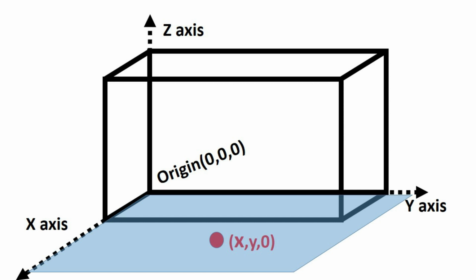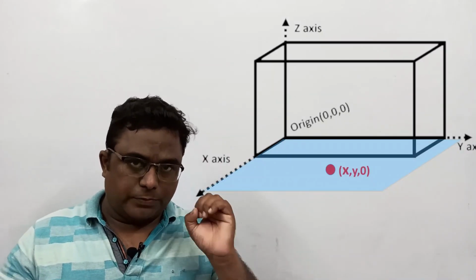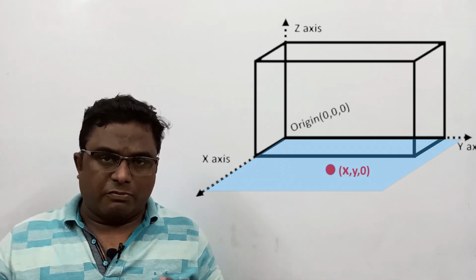Now what is xy plane? xy plane is the plane generated by x-axis and y-axis. It means the plane generated by x-axis and y-axis is called xy plane. And on xy plane, the z value is always 0. So if you are taking a point in xy plane, then the format of the coordinates of that point will be (x, y, 0).